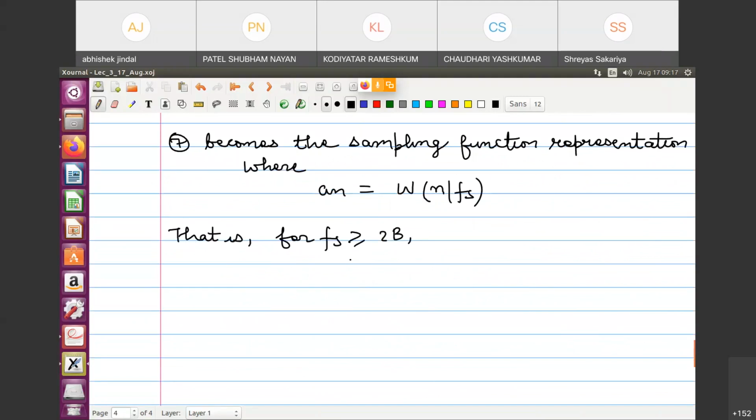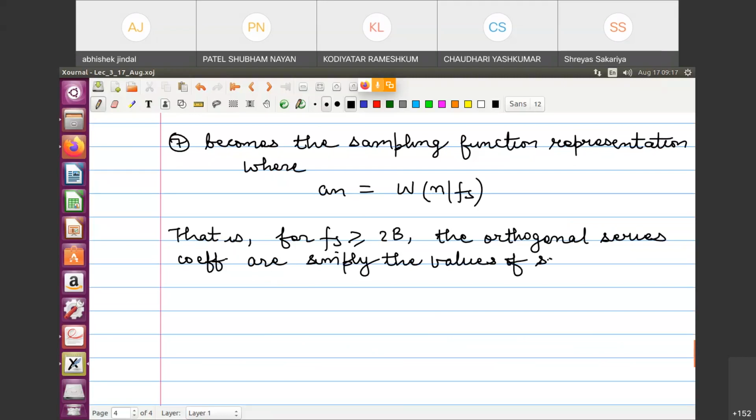That is, for f_s greater than or equal to 2B, the orthogonal series coefficients are simply the values of samples when w is sampled every